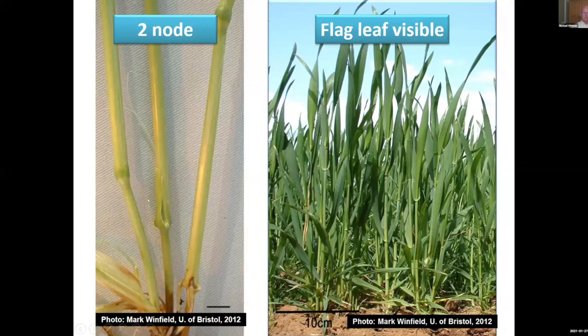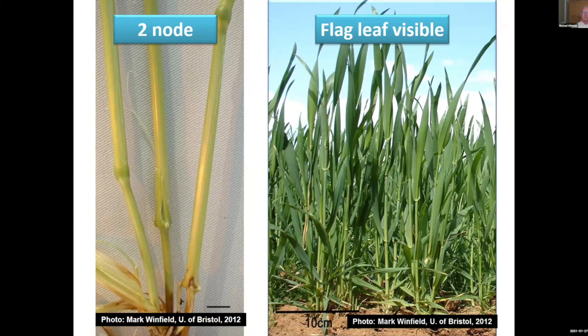So here's an example of a 2-node stage. And so here you could see a node here. I'm assuming this is a second. I guess the first, you'd have a node right here, then the second node right here, and well, here we see another node right here. So when you go from 1 node to 2 node, and sometimes 3 nodes,